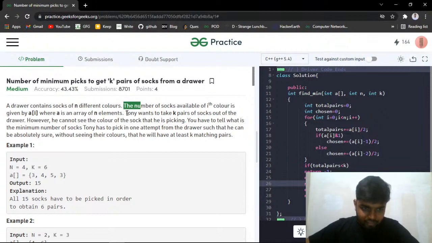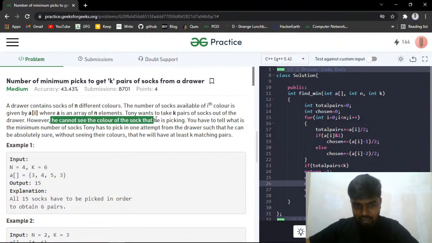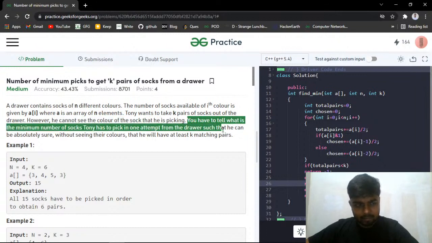Okay, so moving on. It says that Tony wants to take k pair of socks out of the drawer. So Tony wants to pick out the k pair of socks, and he cannot see the color of the socks he is picking. And you will have to tell what is the minimum number of socks